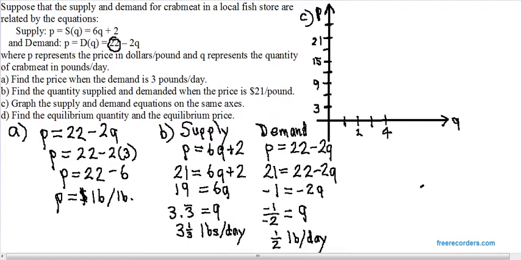The supply equation has a y-intercept of 2, which would be right there, and its slope is 6. And remember, 6 is the same as 6 over 1. So that means if we go up 6 from y equals 2 to y equals 8, we go to the right 1,